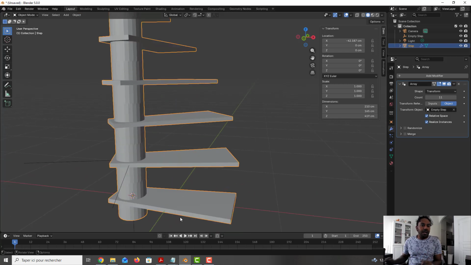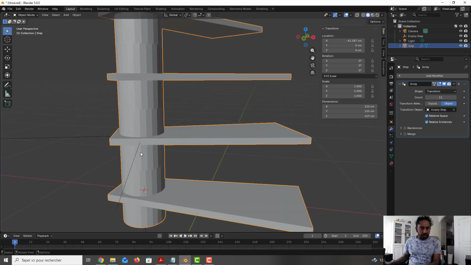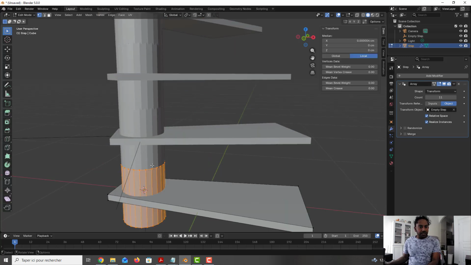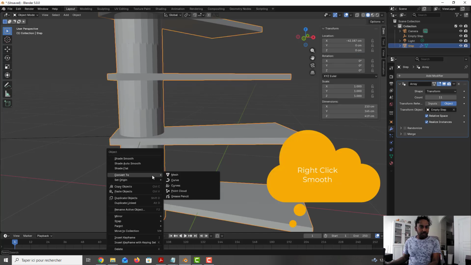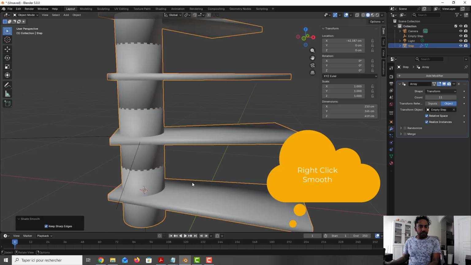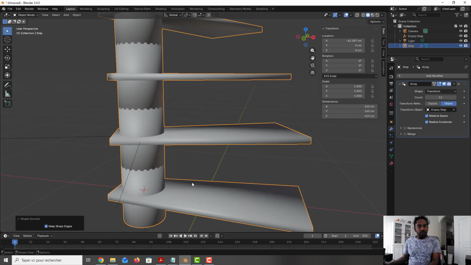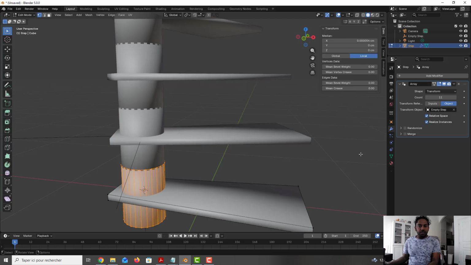The basics are done, but we need to do more. You see we have something wrong with the smoothness here. What we do is add a smooth on this object, so right click and apply on the object mode, sorry, I will apply smooth. We have something wrong here, so what I propose is you go to edit mode, we add the edge split now,